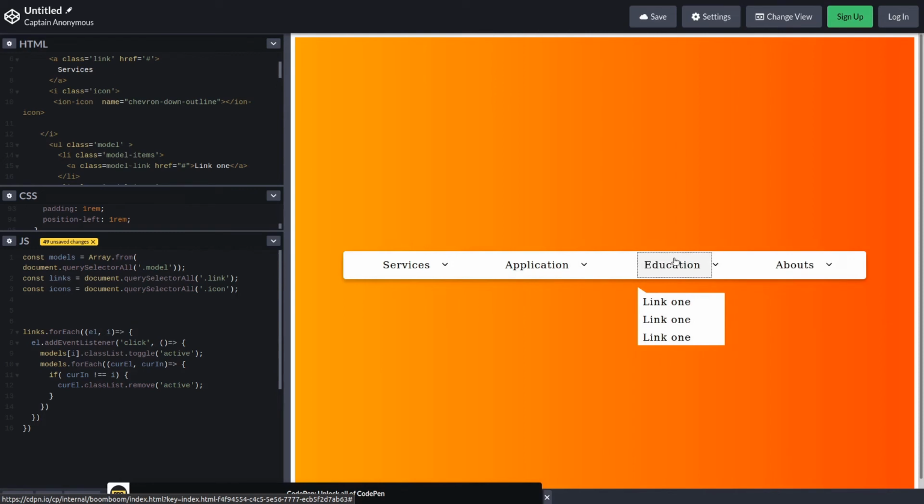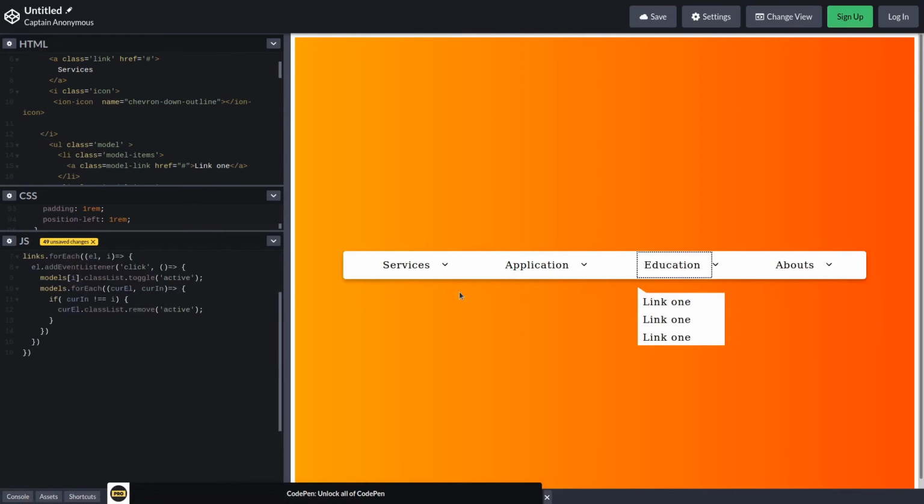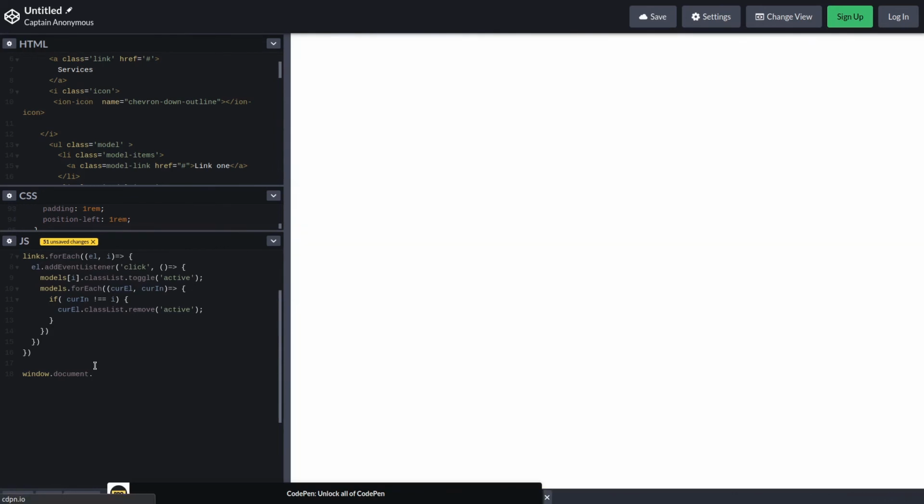It's good to go. Okay guys, if you notice on any drop down menu or any pop-up menu, when we click anywhere except this, it should be closed. So add this functionality. When I click anywhere in this window, it should be closed. So do this. We have to select the root element, like window dot document, and add an event listener here.